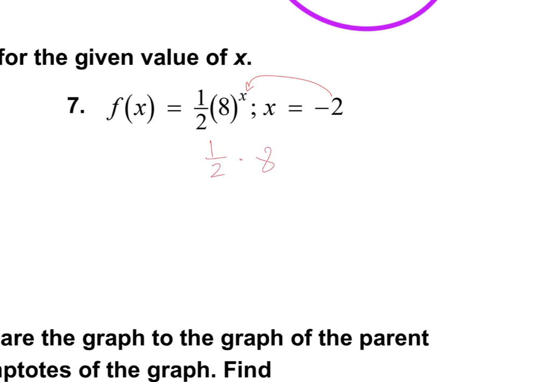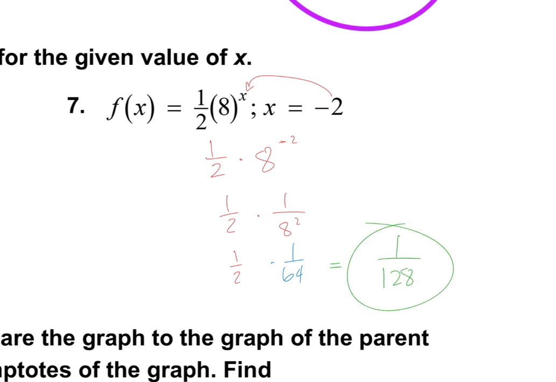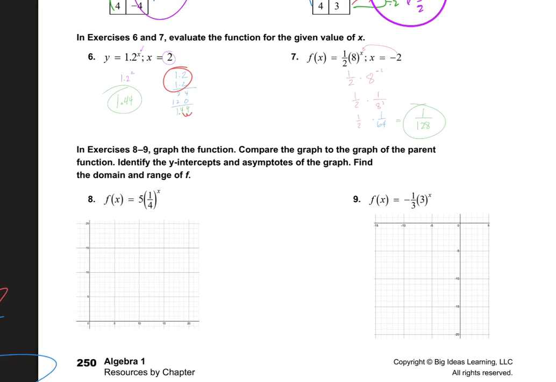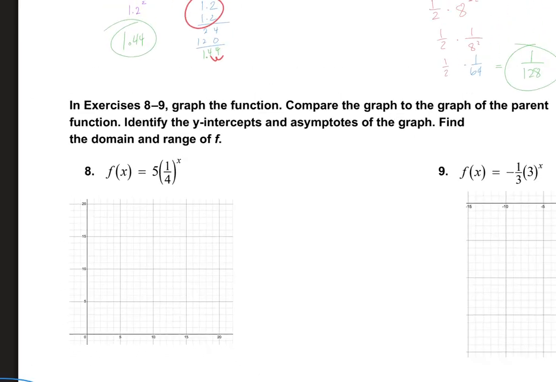1/2 times 8 to the -2. That's really 1/2 times 1 over 8 squared, which is 1/2 times 1 over 64, and you multiply straight across, you get 1 over 128. Fun. Graph the function, compare the graph to the graph of the parent function, identify the y-intercepts, asymptotes, and find